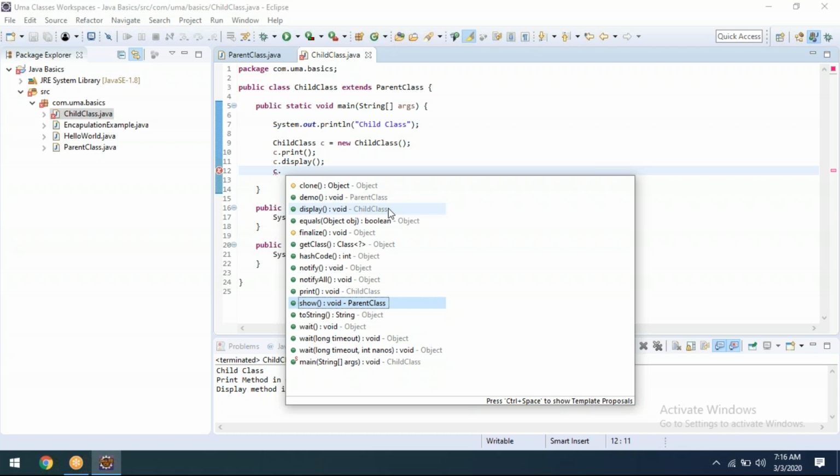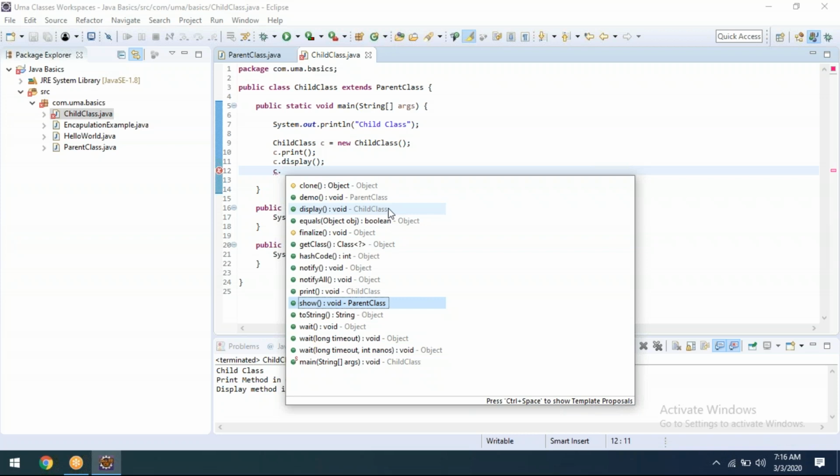Now, inheritance rule number one: whenever we create a method in a parent class, the same method we are able to call by using the child class object.